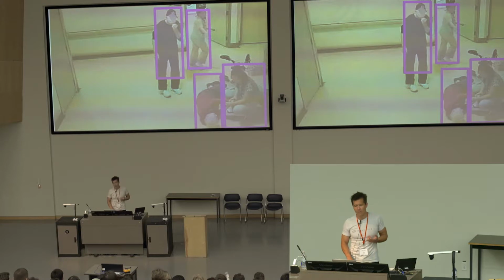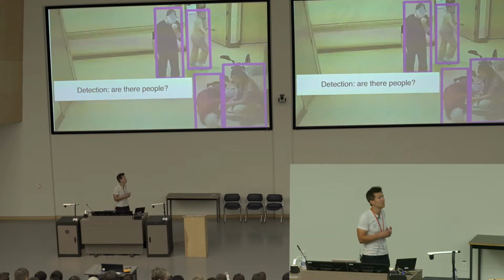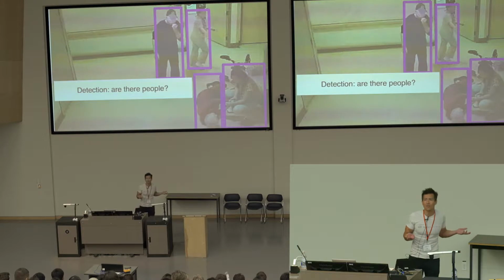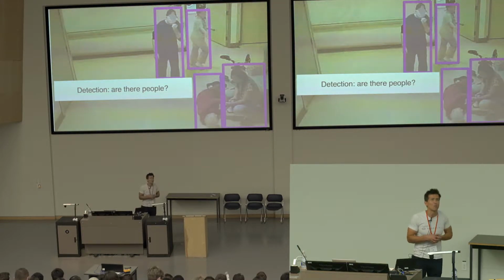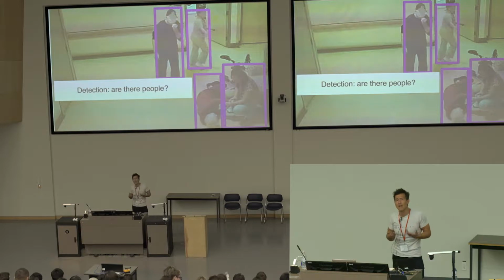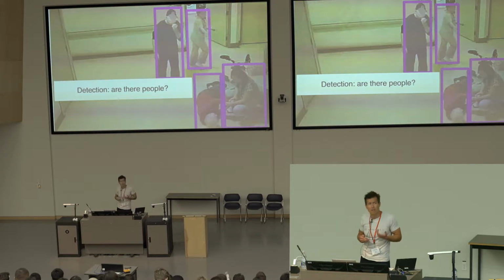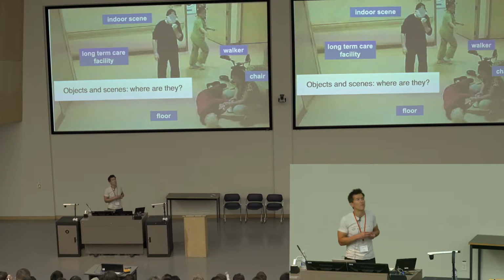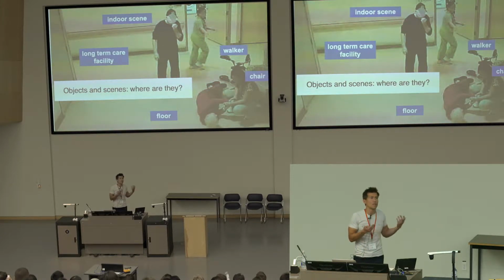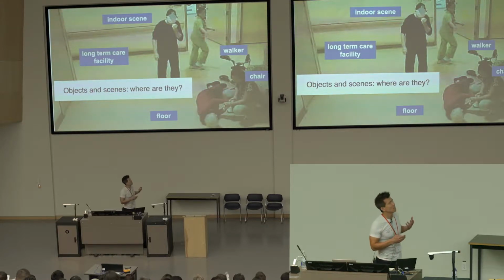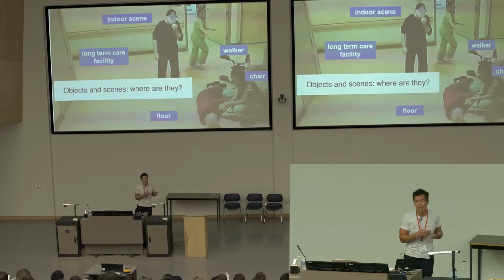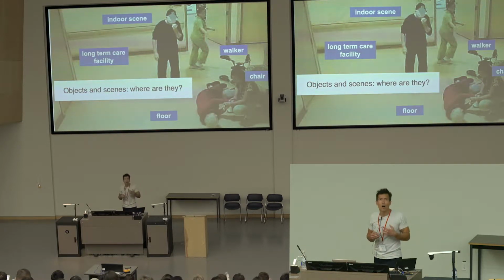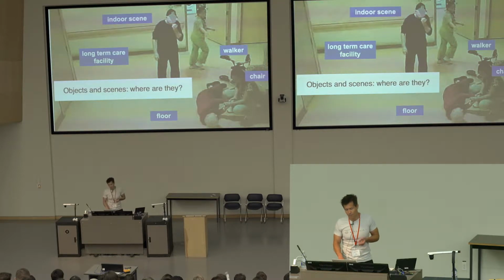The first one you might think of is detecting people. Where are the people in this scene? The state of the art these days is that these types of problems are almost solved problems. To the degree that you can reliably detect every single person in the scene, we have algorithms that are capable of doing that. But beyond that, we'd like to be able to understand what's happening. And to understand what's happening, we need to do a number of different things. Some of these problems are things that Angel probably talked about in the morning session about images, understanding objects and scenes. So to understand what's happening here, we'd like to know that these are people who are in a long-term care facility, there's a chair, there's a walker, there are various objects present in this scene as well.